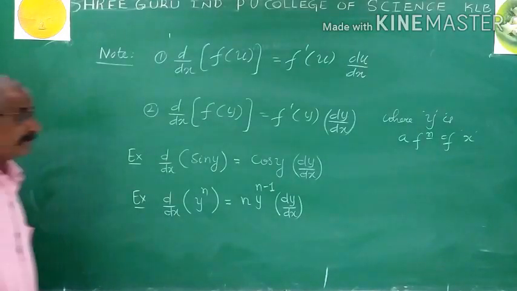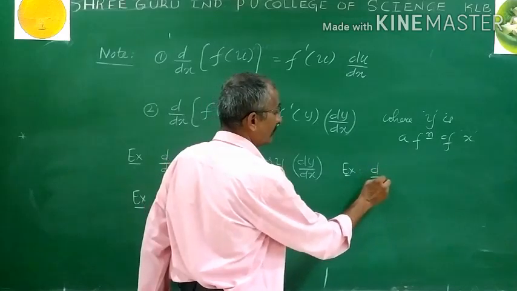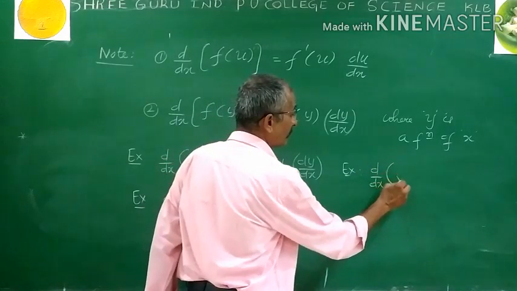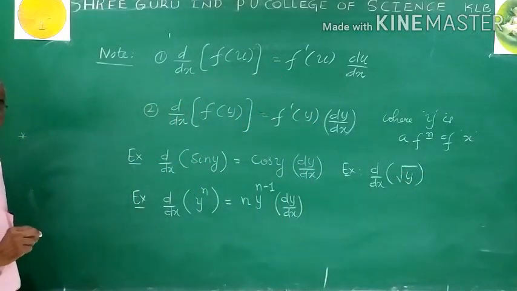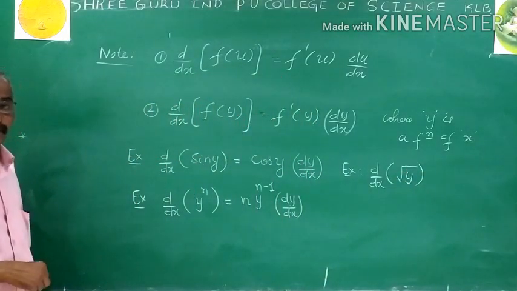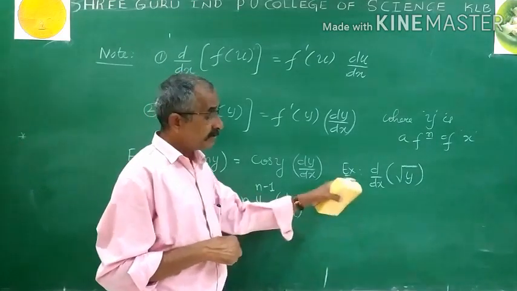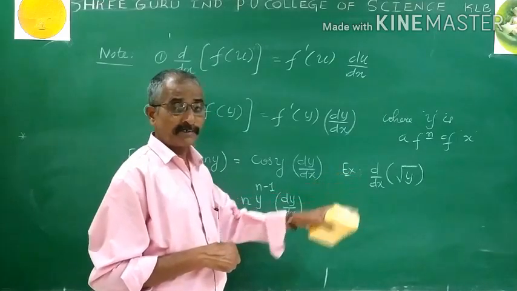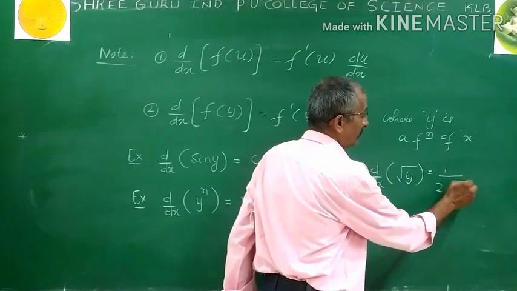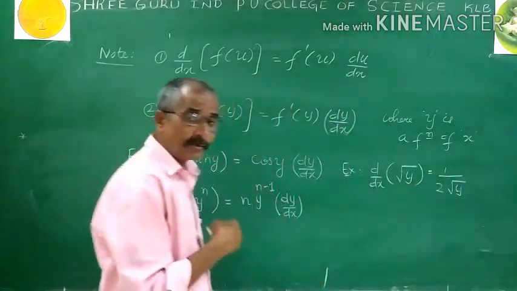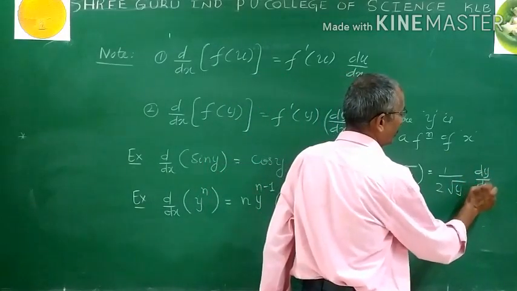As yet another example, we can observe similarly, say for instance, you want to calculate the derivative of root y. So the differentiation of root y, not with respect to y, with respect to x. If it were with respect to y, your answer is only 1 by 2 root y, but it is with respect to x because of composite function rules. Your answer is 1 by 2 root y, not only 1 by 2 root y, into the differentiation of y, which is dy by dx.